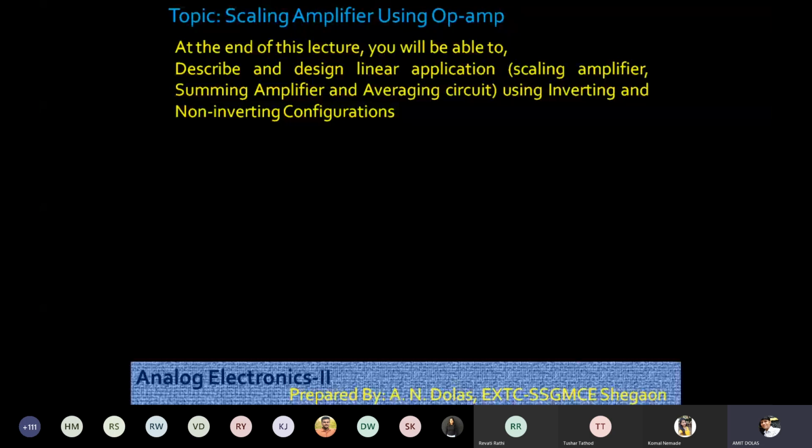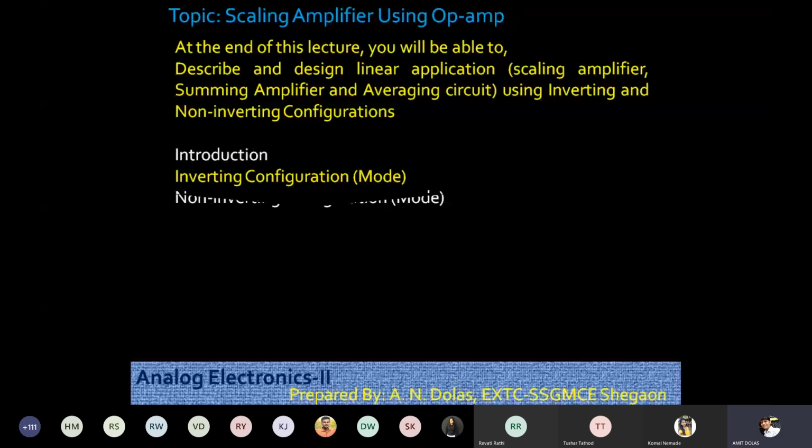As you already studied in Analog Electronics 1, we covered what is inverting and non-inverting configuration, but a little bit of brush up of your theory. I will elaborate the analysis of the circuit, and after that we will have a design problem. In this lecture, we'll see the introduction, then the inverting configuration today, and in the next lecture we'll see the non-inverting configuration. It is also referred to as inverting mode and non-inverting mode.